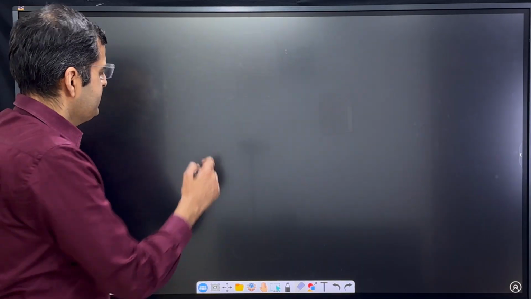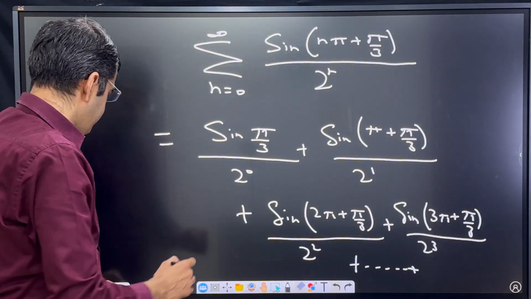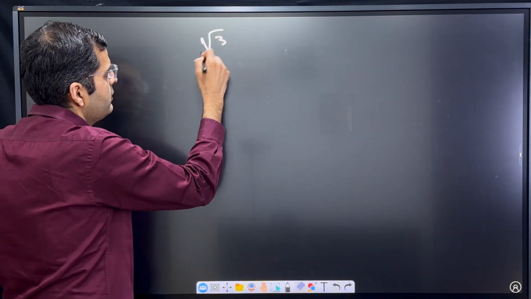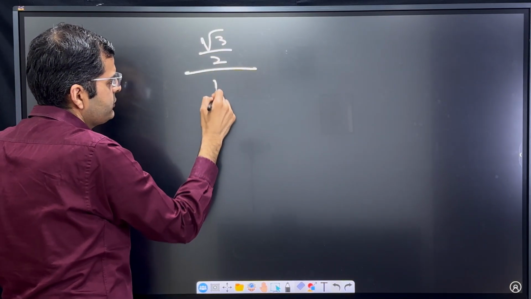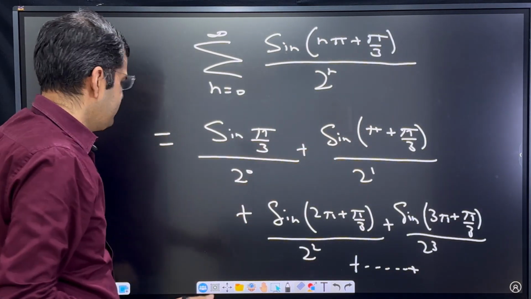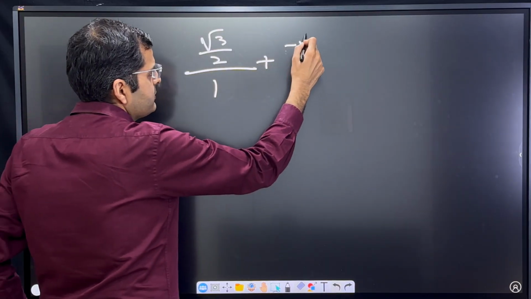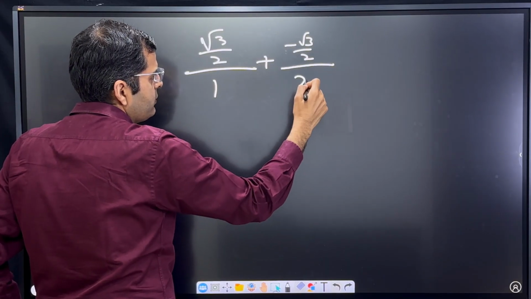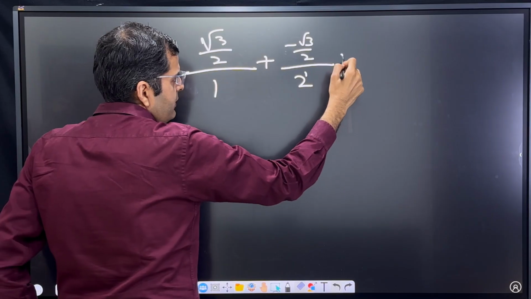So what I'll write is, this will be equal to sine pi by 3, which I'll write as root 3 by 2. Root 3 by 2 divided by 2 raised to 0 is 1, plus the next one, sine of pi plus pi by 3, is minus root 3 by 2. So it is minus root 3 by 2 divided by 2 raised to 1, plus